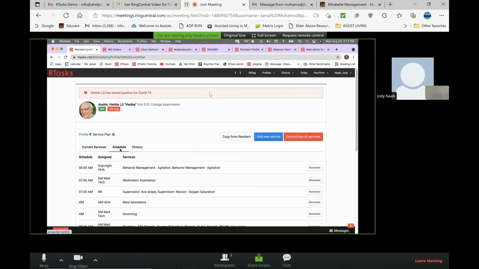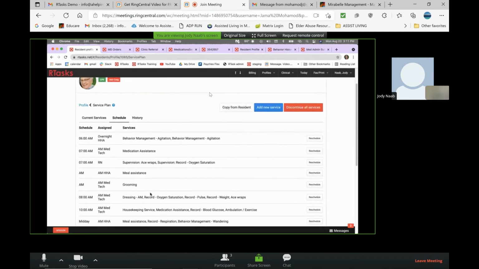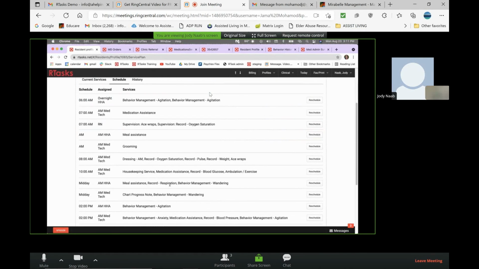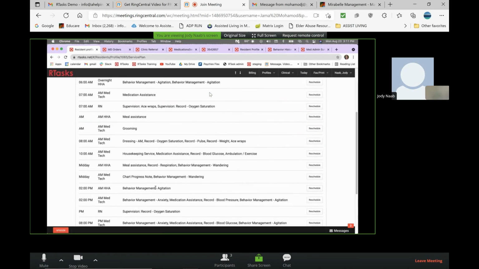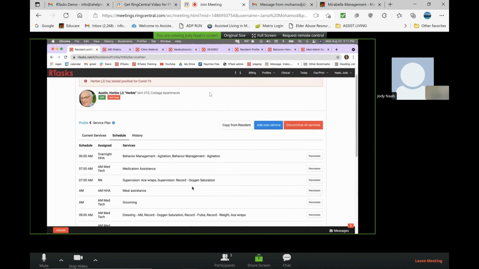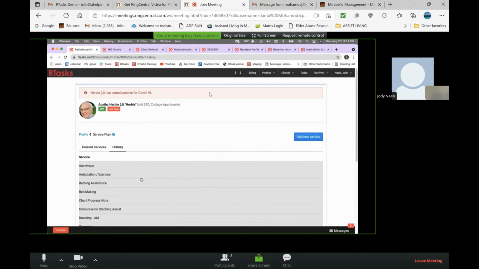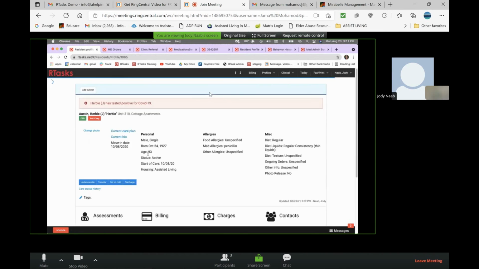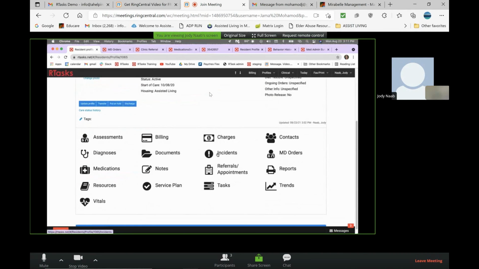They can look at the schedule. So again, they can reschedule a group of services. So maybe these things at midday, they want to reschedule all of them, and they can just click reschedule and change the time, and it will change all of them. And you can also look at the history of any services that you've provided in the past for the client. Incidents, just